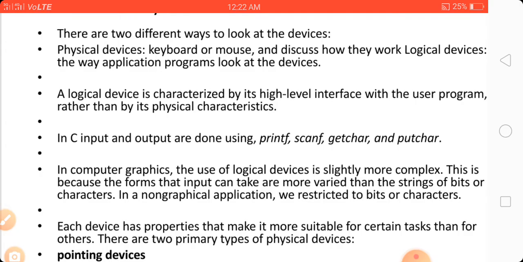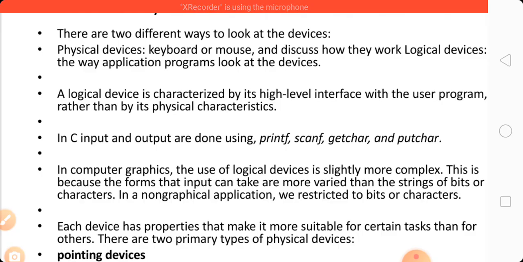In C, input and output are done using the printf, scanf, getchar, and putchar functions. In computer graphics, the use of logical devices is slightly more complex, because the forms that input can take are more varied than strings of bits or characters.